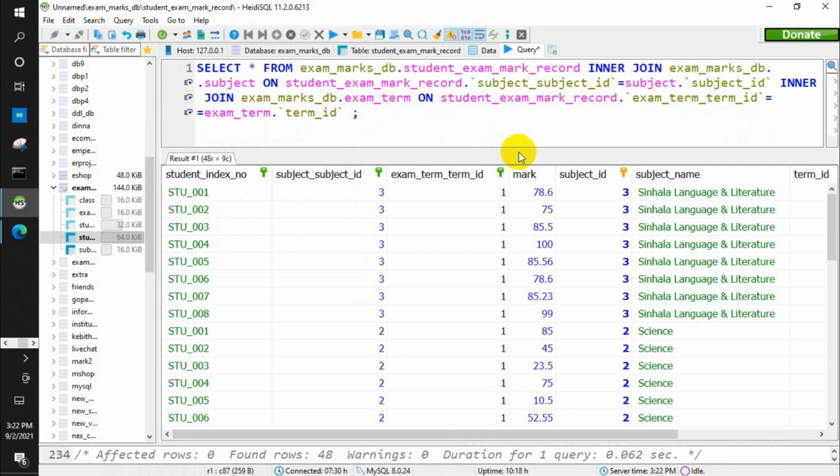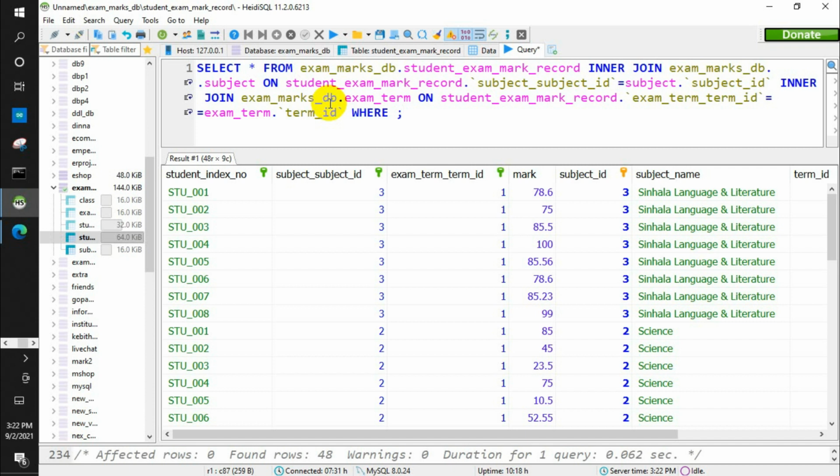So now I have to give a condition. You use the on keyword when you are mentioning conditions, when you are joining two tables. When you are joining two tables, you have to mention the condition, what is the orientation where you are going to join the tables. Now when you are joining two tables, they are connected by two columns, so you have to give the conditions to those columns.